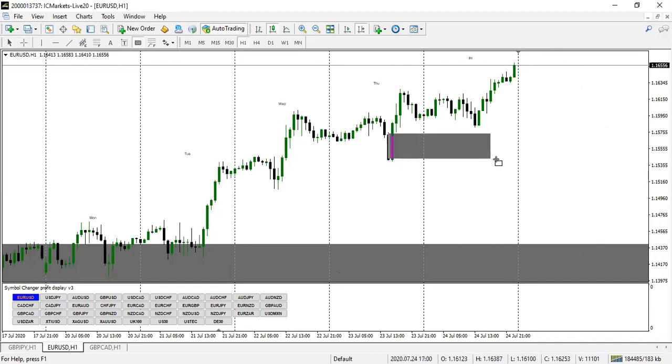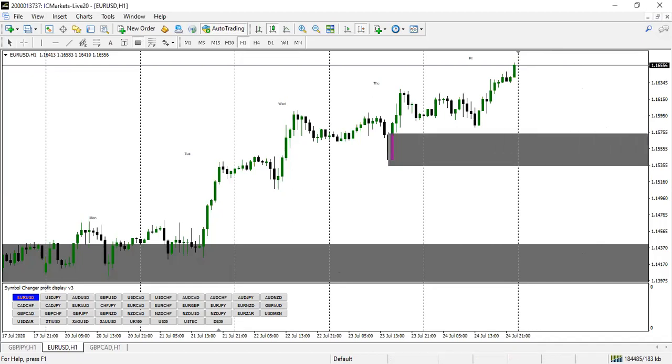However, based on the 1 hour time frame, this still remains a good buying zone for us. This still remains a good buying zone for us on the 1 hour time frame. We want market to come back to this area for us to buy it.